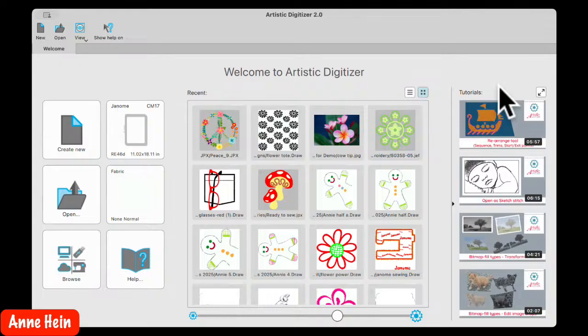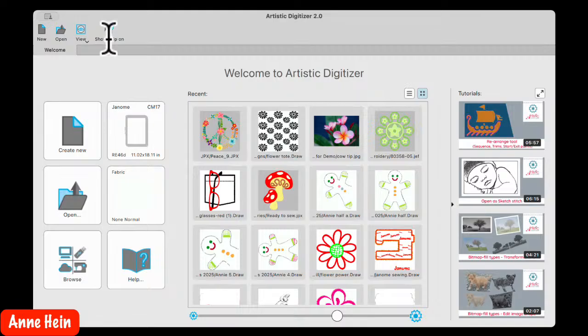The other thing is I have loaded the manual to our Janome Artistic Digitizer Facebook page. So you can go there and scroll down and find it. It might actually be up under featured. If you look across the top at featured, it may be in there. And if you go to the manual, if you want to see what's going on with that,